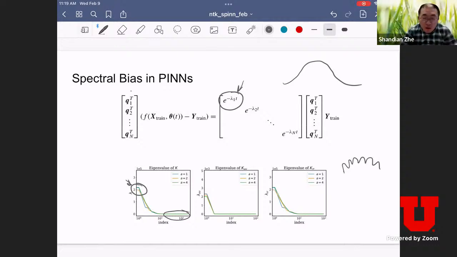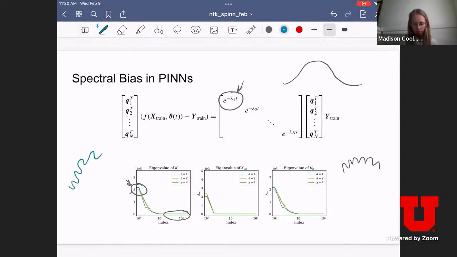Okay, so the function here, you mean the ground truth, right? The ground truth, our target function, it contains low frequency functions. The learning procedure will converge very quickly to capture those low frequency components. But for high frequency components, it converges very slowly. Right. Yes. So an example could be if you have a target function that looks like this, there's